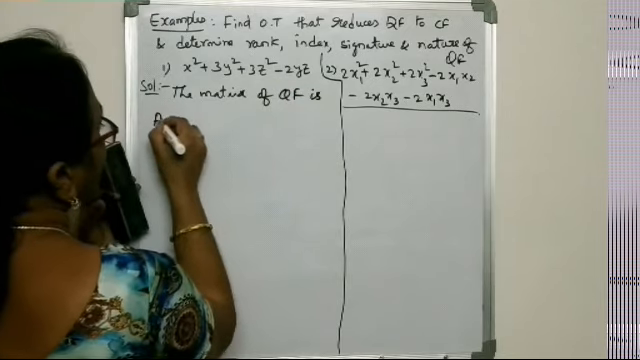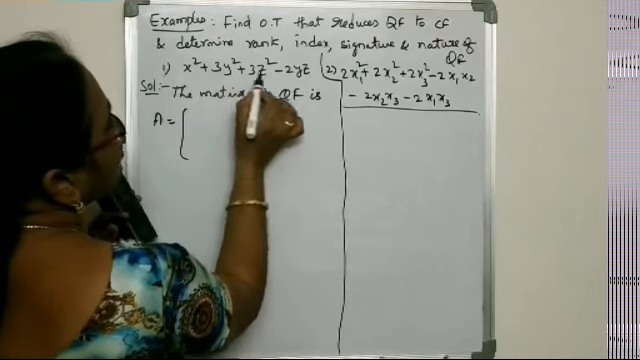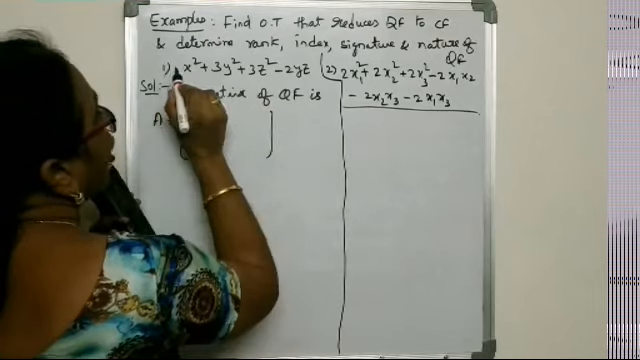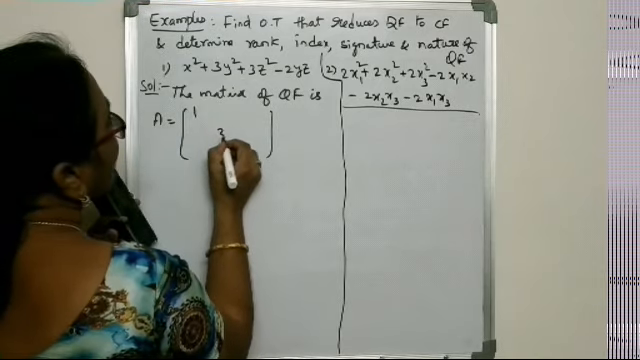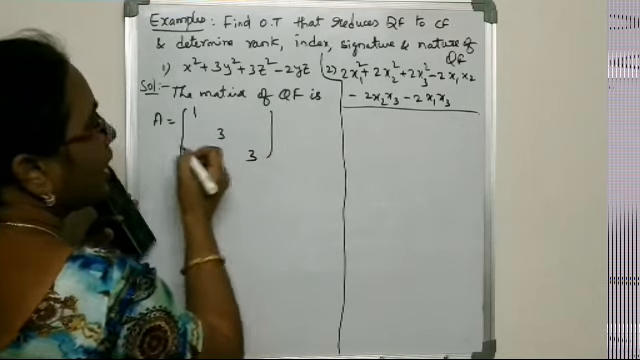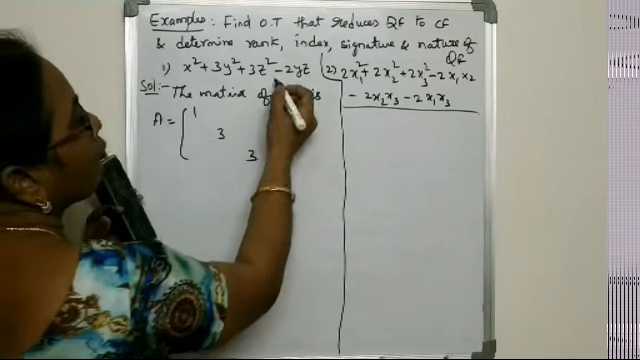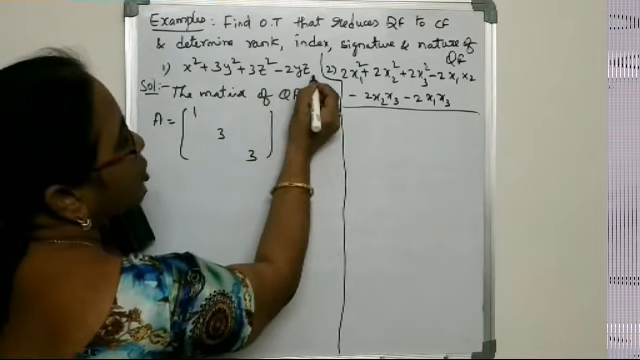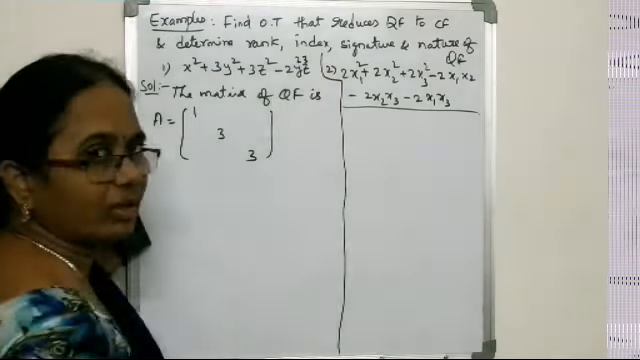A is equal to, how do we get this? From the square terms of the quadratic form, in the order of variables, we write the diagonal elements. It is 1, 3, 3. And to write the remaining elements of A, we depend on the product terms. Only one product term is there, minus 2yz. Because y is the second variable, z is the third variable,